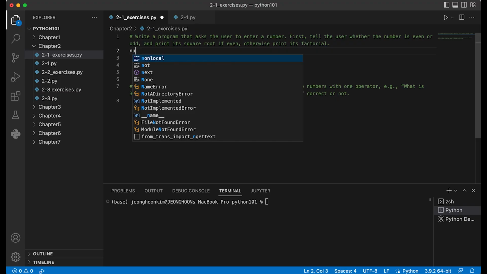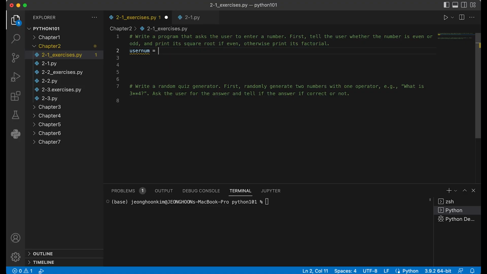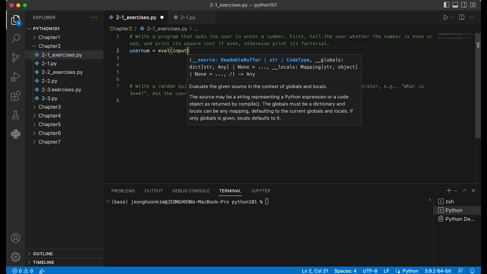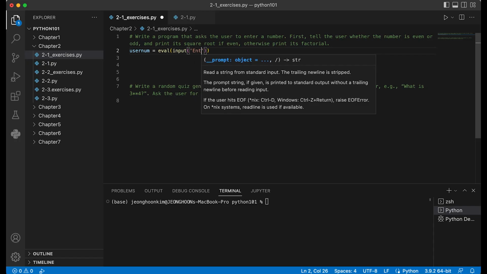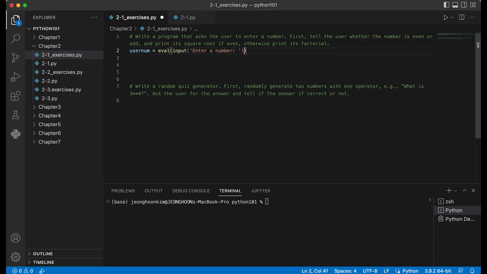Let's say user number would be, we want to convert whatever text to a number, eval of input of "Enter a number". This part gives you the text user input, and then we convert it to a number, right?